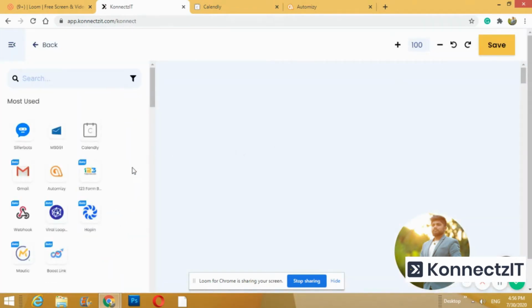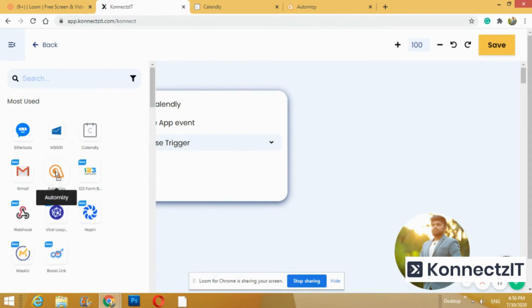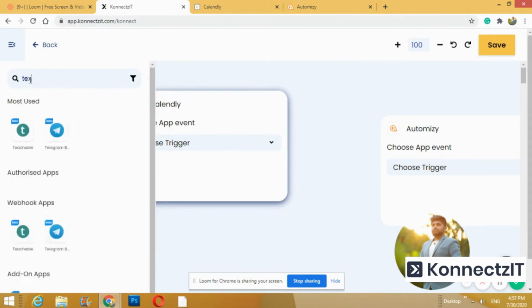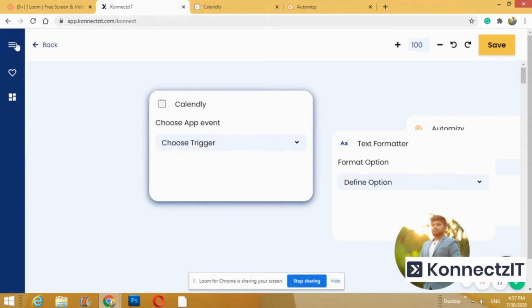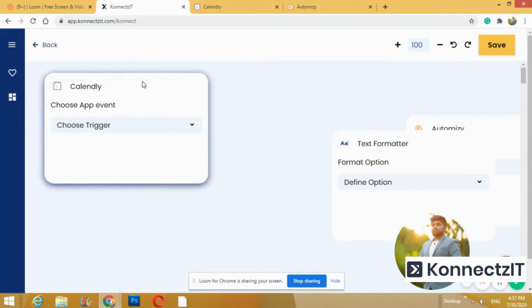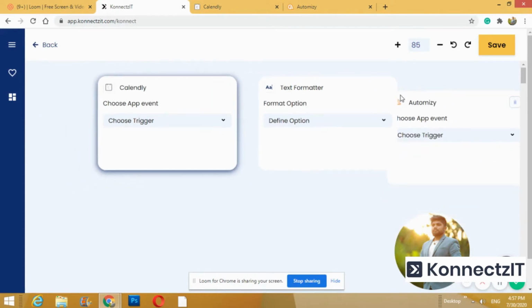To create a connect, I will drag my trigger, that is Calendly, and I will drag my action, which is Automizy, and I will select some text formatter. So this is my connects.